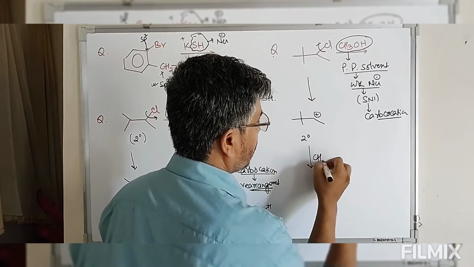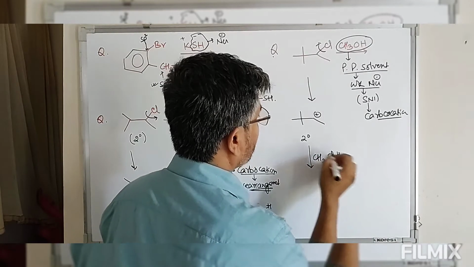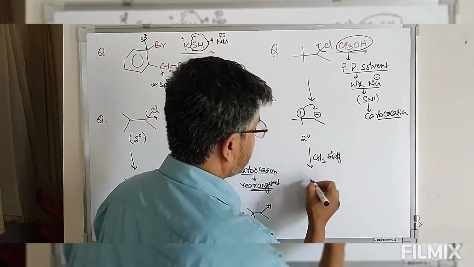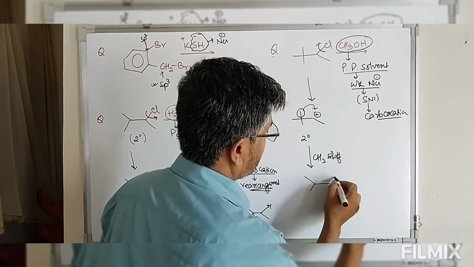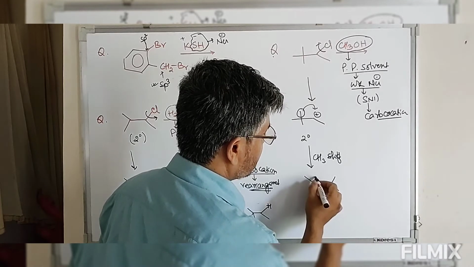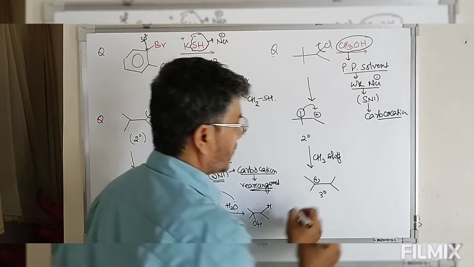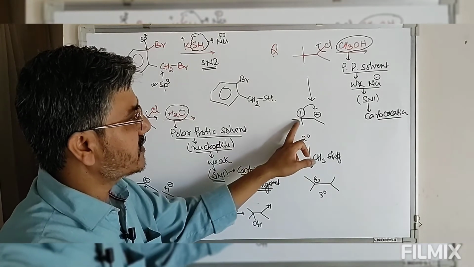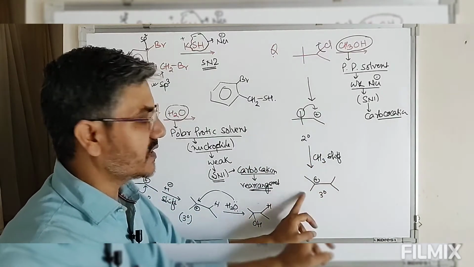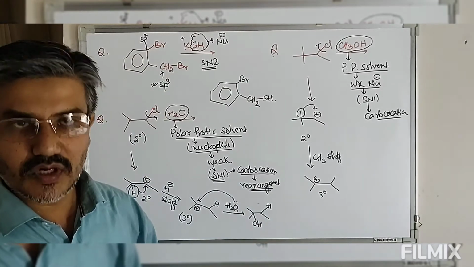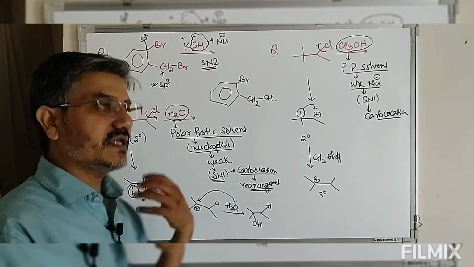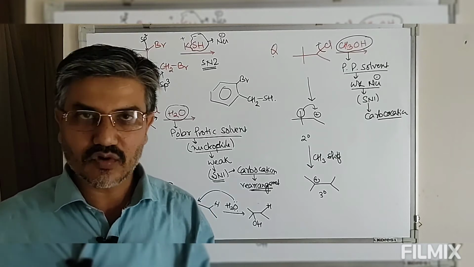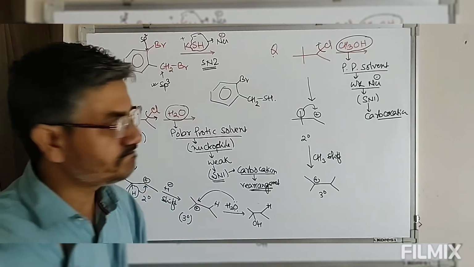So we have to undergo a methyl shift. By this methyl shift, a more stable carbocation is formed, so this secondary is converted into tertiary. Now one methyl group migrates from this carbon to this carbon, so we have methyl, methyl, methyl. There is a change in the structure of the molecule by this rearrangement, and whenever there is a change in the structure, the reaction might have occurred through a carbocation mechanism.